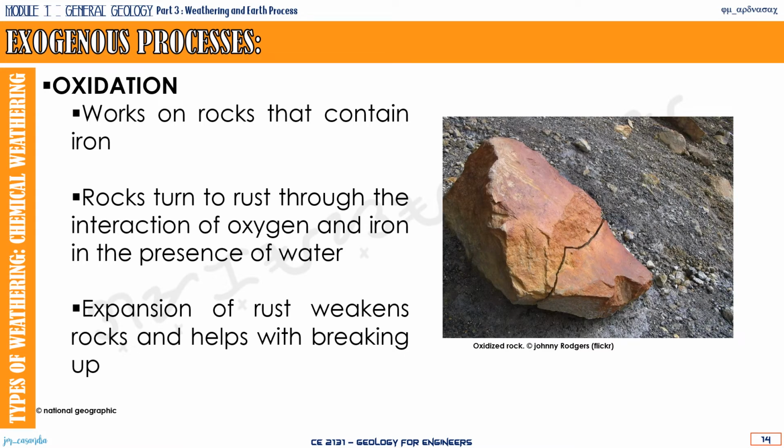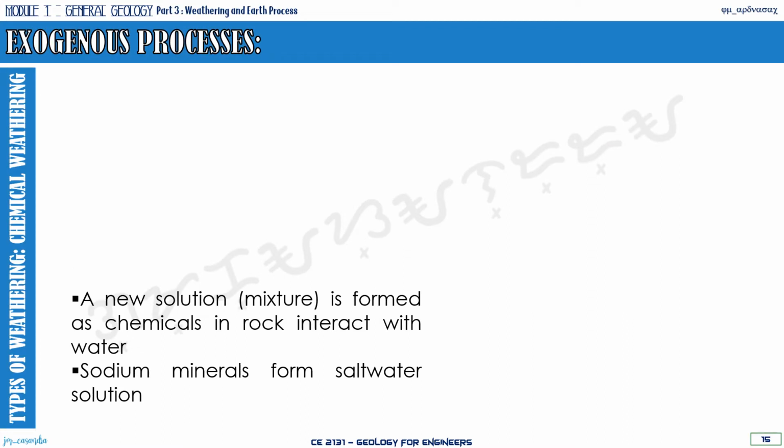So this is an example of an oxidized rock. Nakita nyo, because of oxidation, naging reddish yung kulay niya. So usually, rocks with iron ore are of red color or almost red color. So, nung nabasa, nagkaroon ng oxidation, humina, kaya nagkaroon ng breakdown. Okay. Another